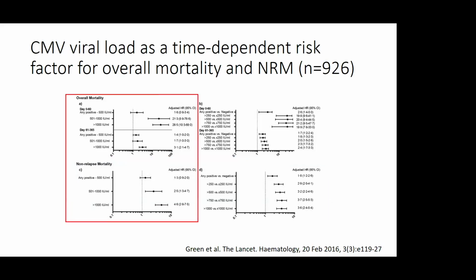They describe the data in the left-hand side here in A and C using viral load as categorical values: less than 500, any positive, 500 to 1,000, more than 1,000. And here they looked at it at threshold levels. And you could see very clearly here,